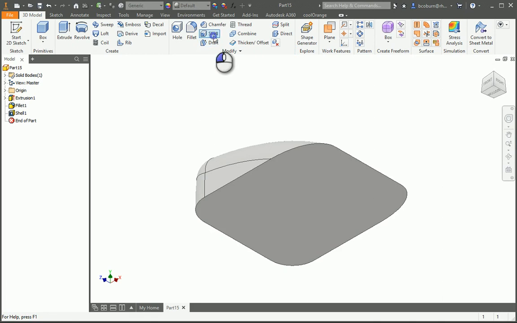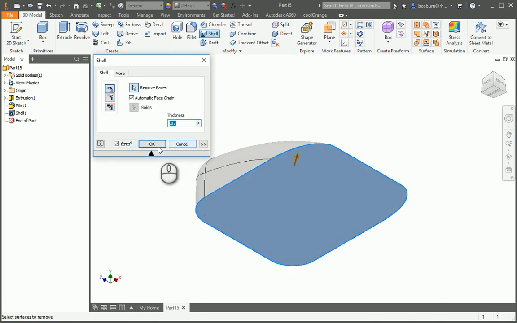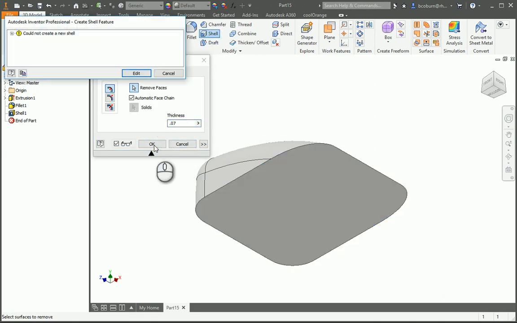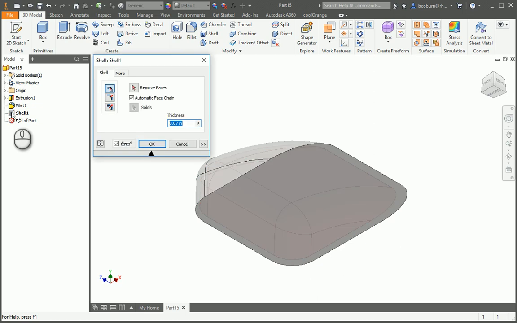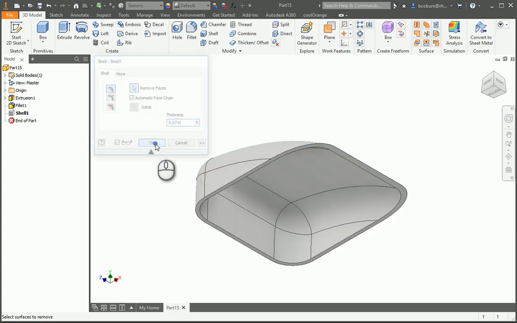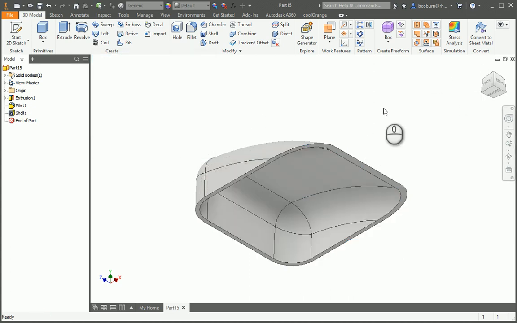Then the students will go back, oh, let me do the shell again. I forgot to remove the bottom. And I click OK. It says it can't do that. Cannot create new shell. See this shell over here? So they don't have to delete that shell necessarily. They just double click on it. Click on remove bottom. And done. So I'm going to click OK. And that'll conclude this part of making the